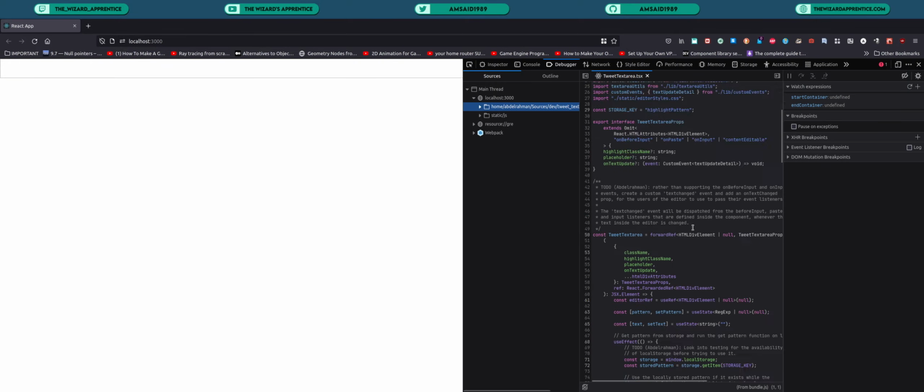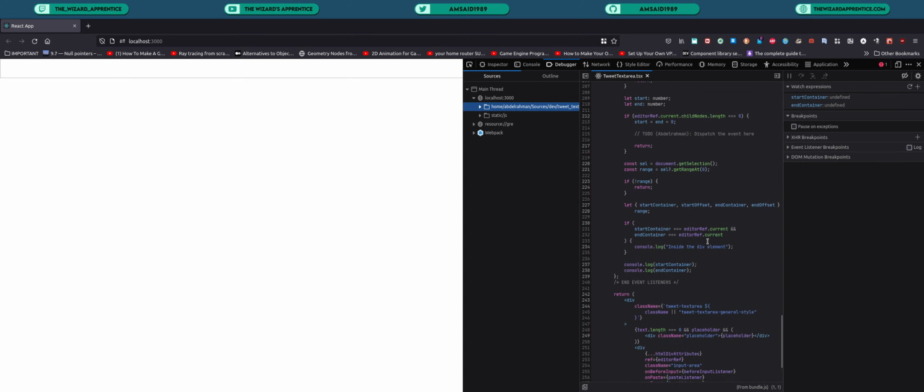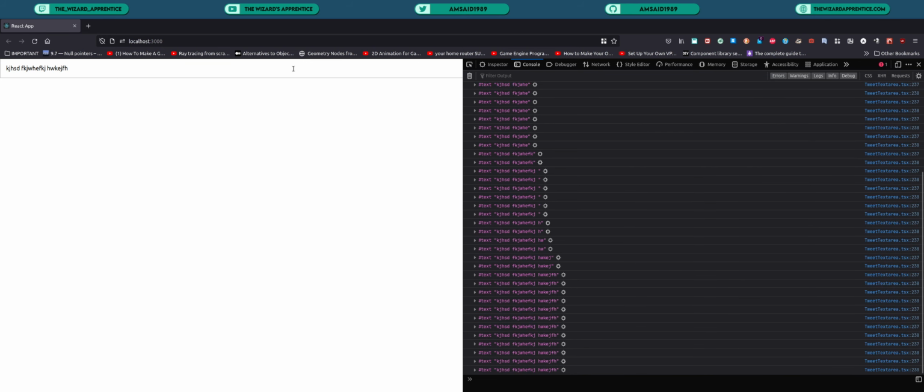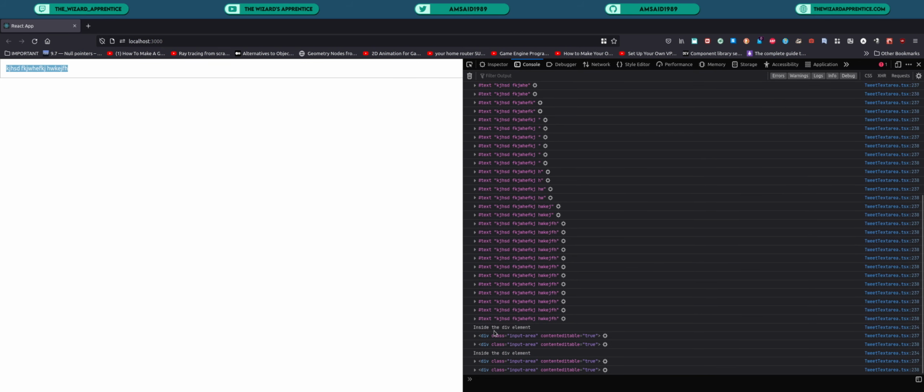Okay, let's see. Hopefully updated this time. Yes, great. So what we can do now is, as you can see, again inside the dev element printed here,